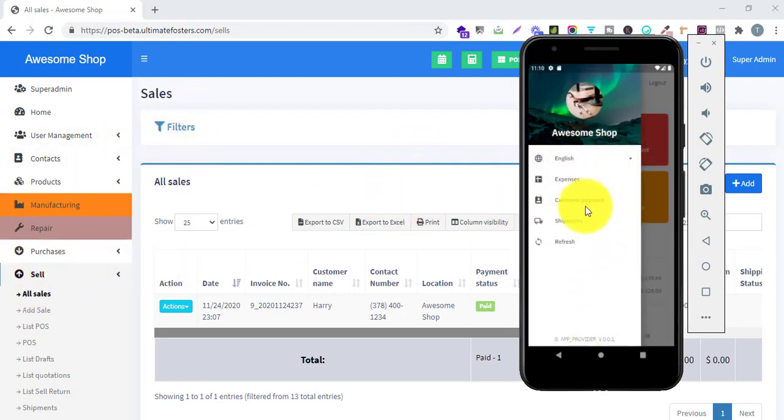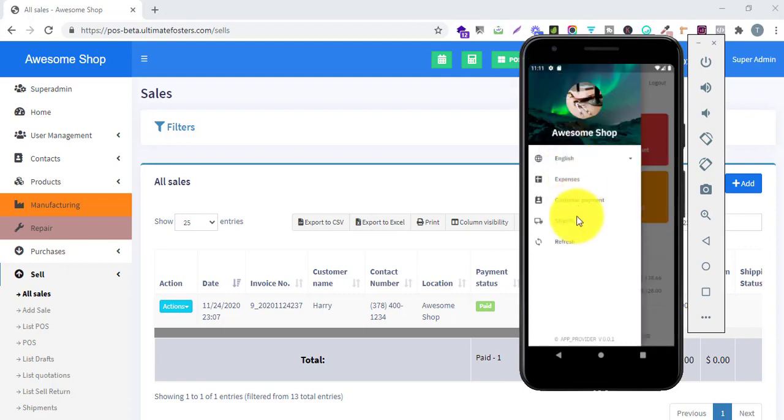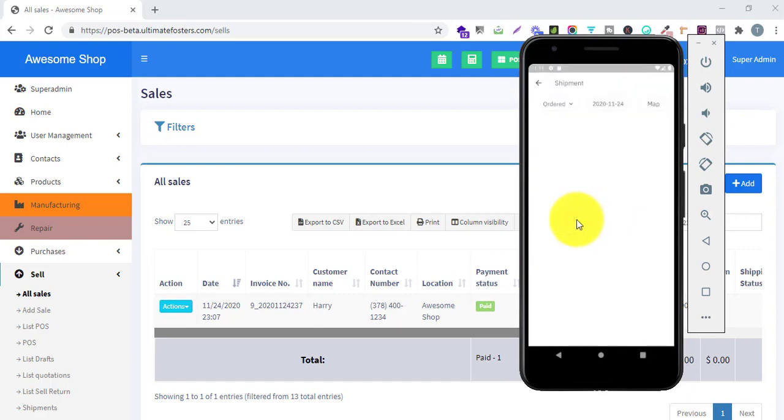And we have customer payments. In this customer payments, if we have a customer known as Harry who had some payment due, then they can easily add any payments from here. And in the shipments,